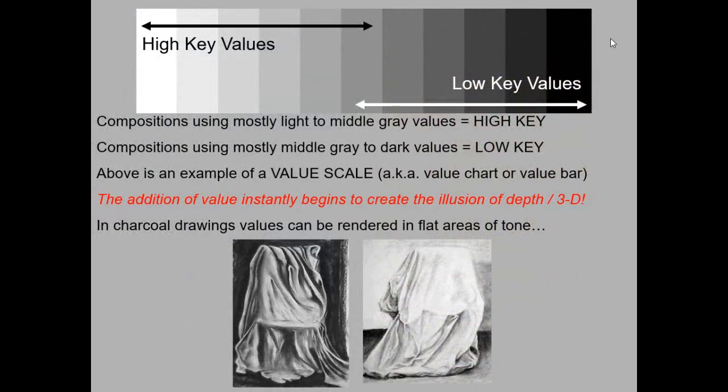So one thing to be aware of with value is that we classify value into generally whether the values are light or dark. We can think of value existing along a sliding scale. And you can think of it like notes on a musical scale. The highest values, the highest notes, if you think of it as music, are our lightest colors and lightest values. And the lower ones